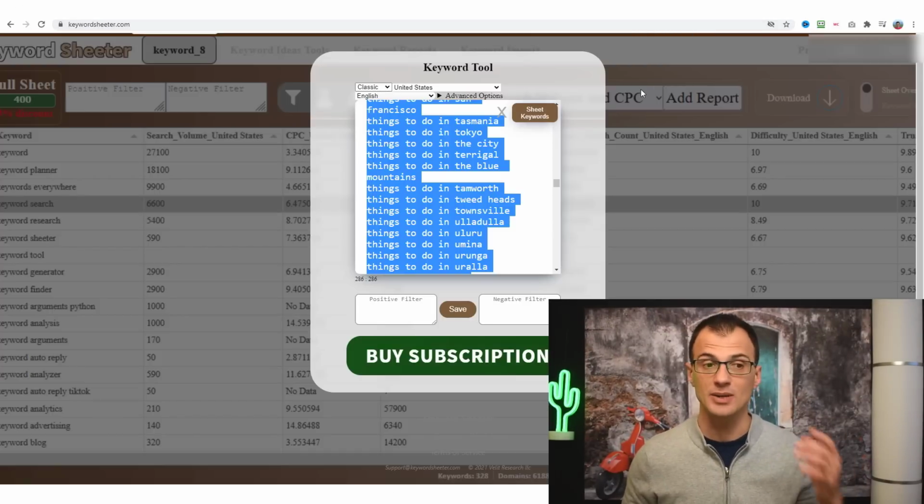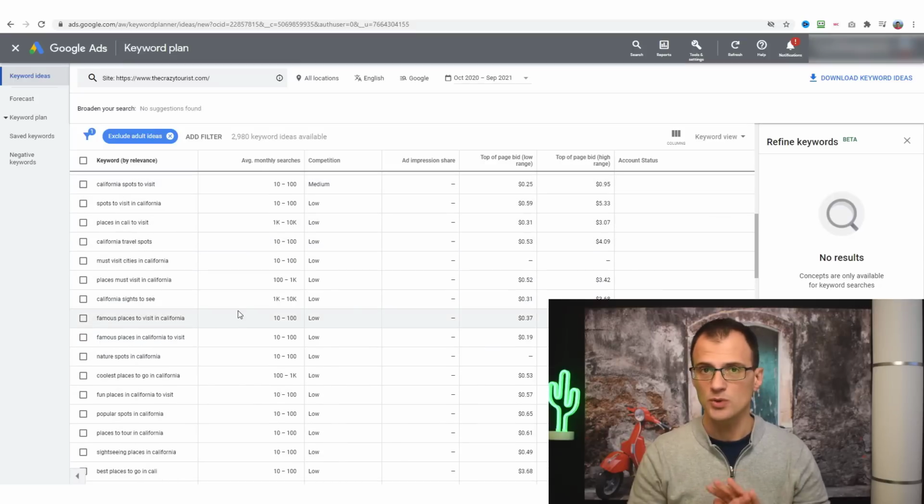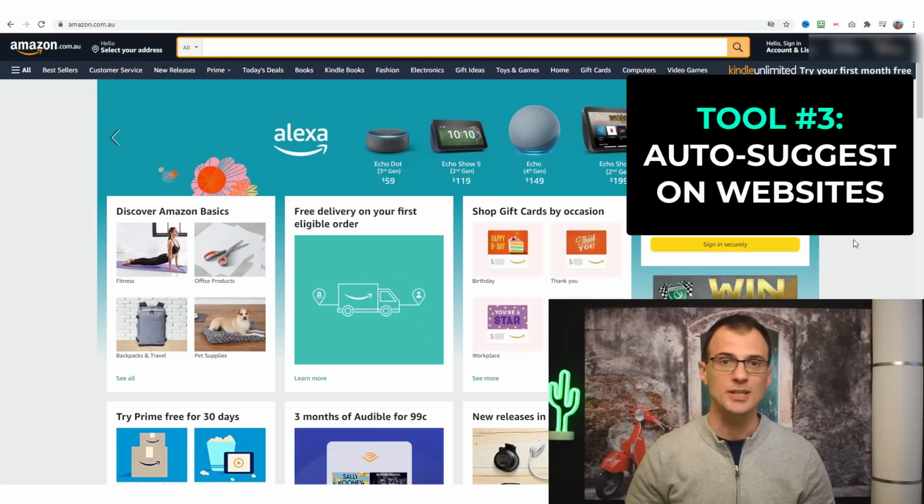So you know that you can generate tons of ideas of long tail keywords using Keyword Sheeter. You can get the search volumes for those keywords using the Google Keyword Planner tool. And later on in the video, I'm also going to show you some tools that will allow you to determine the strength of competition and how difficult it would be for you to rank for these keywords, all using 100% free keyword research tools. The third keyword research tool that I want to show you today, and it's 100% free, is